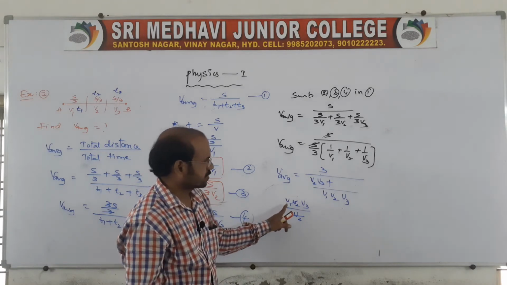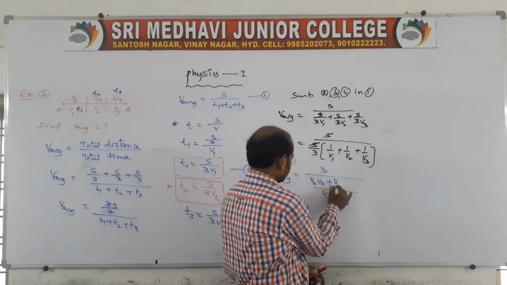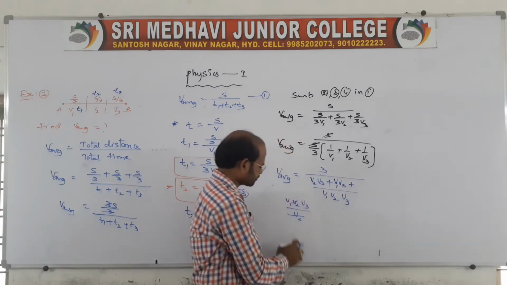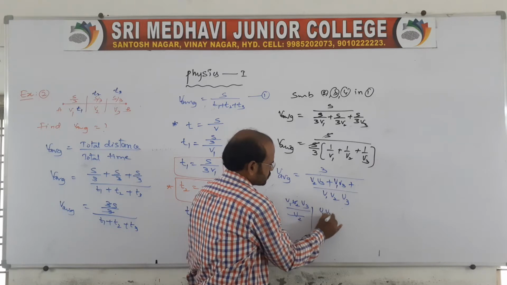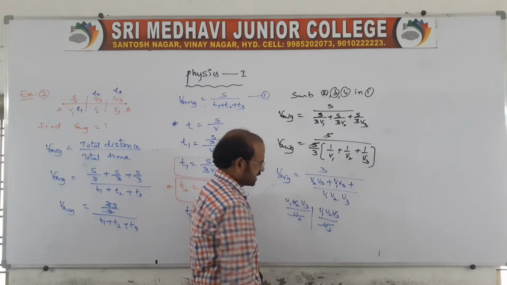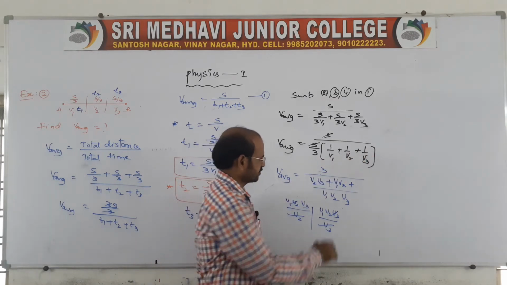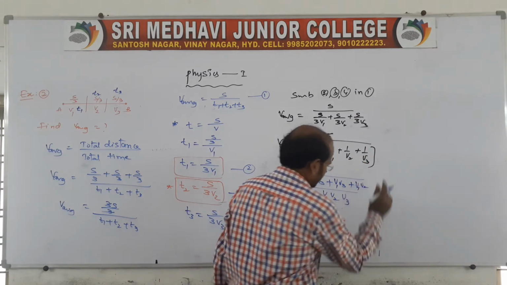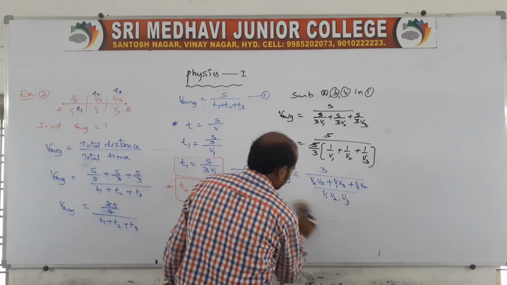What is left over here? v1 v3 is left over, so you multiply with this, then you get v1 v3 plus. Again, you take the same thing, v1 v2 v3 divided by v3, so v3 v3 cancel, v1 v2 is left over and you multiply with 1, then we'll get v1 v2 like this. This is the process and this is the method to do the problem.